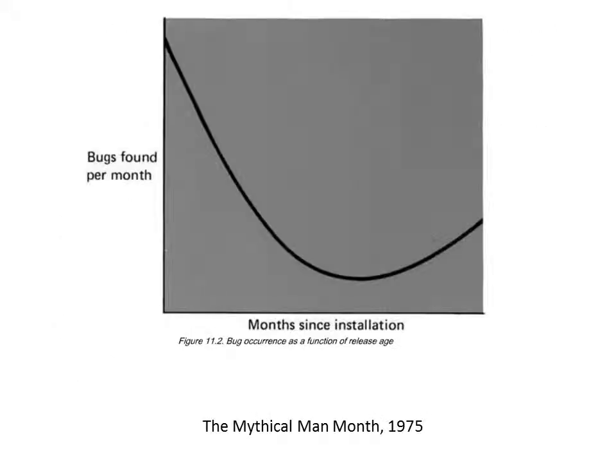This first graph is from Brooks's Mythical Man Month that was published in 1975. It shows the interarrival rate of bugs in software. It tells you that early on in the software life cycle, the interarrival rate of bugs is very fast, and as the software gets fixed, the software supposedly gets better. In other words, it improves with age.